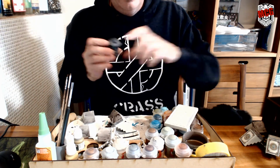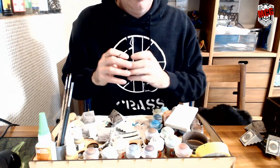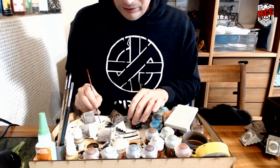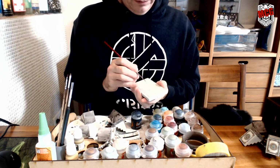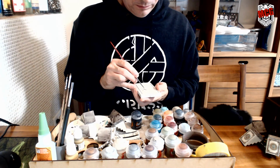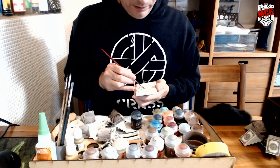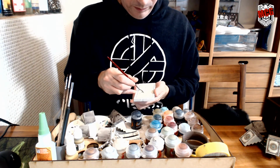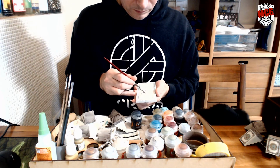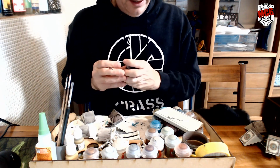Right, I'm noticing already on this one the contrast paint pulling back a little bit from certain areas, but that's fine. No worries. If that is the case, Nuln Oil could work for that. Right, I'm going in and picking out the edges. Going all the way around, picking out the edges, picking out the edges. And where it's right next to the edge, you might as well just paint up to the edge, as in the edge of the